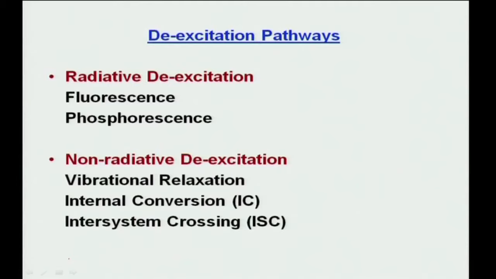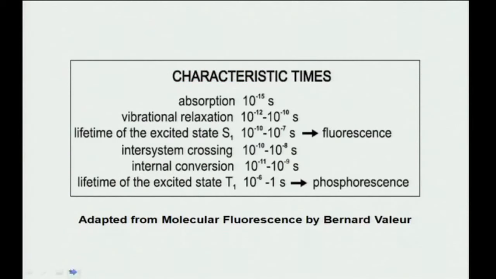So, as I said, what are the deactivation pathways? One is a radiative de-excitation, it involves fluorescence and phosphorescence. The other one is a non-radiative de-excitation, which involves vibration relaxation, internal conversion and intersystem crossing. And I said that vibration relaxation is very fast, about 10 to the minus 12 seconds. So, let us look at the characteristic times now. Absorption about 10 to the minus 15 seconds, vibration relaxation 10 to the minus 12 to 10 to the minus 13 seconds,